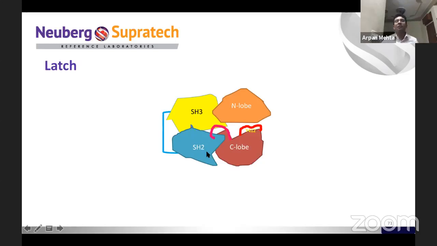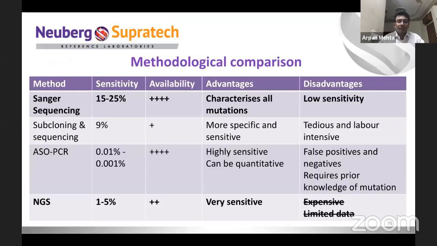When the BCR-ABL1 protein or fusion is formed, it causes disruption of all three switch clamp latch mechanisms, causing proliferation of cancer cells in the on stage. What imatinib does is it binds to this cleft or groove, and then it inhibits the proliferation of cancer cells by inhibiting the phosphorylation of the tyrosine residue. And if there is a T315I mutation, then it will cause steric inhibition of the imatinib binding site.